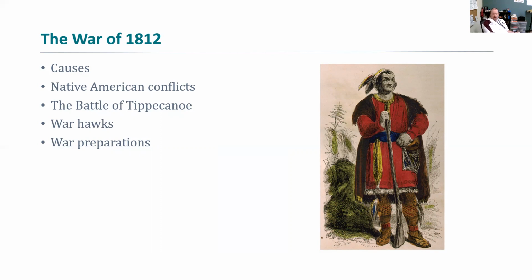Obviously, the causes for this, the impressment was part of it. There was also some remaining underlying tension between the United States and Canada, the United States and England. Some of the war hawks, and that's a name that will be used over and over and over again in U.S. history. Those are the people that advocate for sort of a military decision or military intervention. They actually wanted to see the United States take all of Canada and take all of North America.